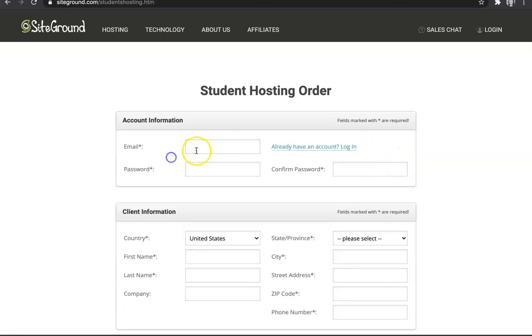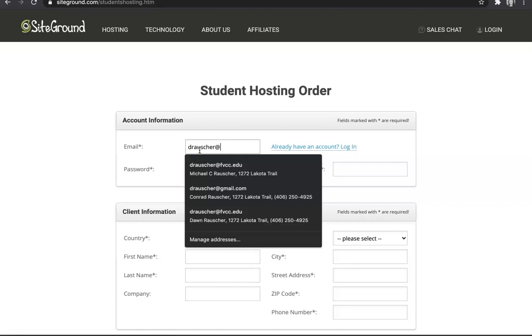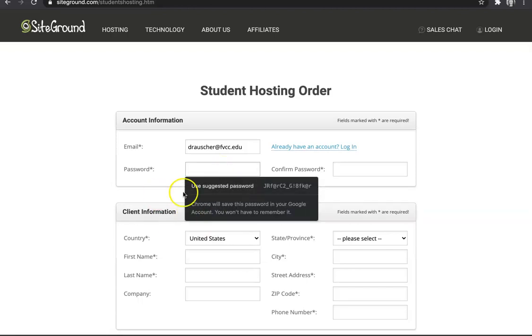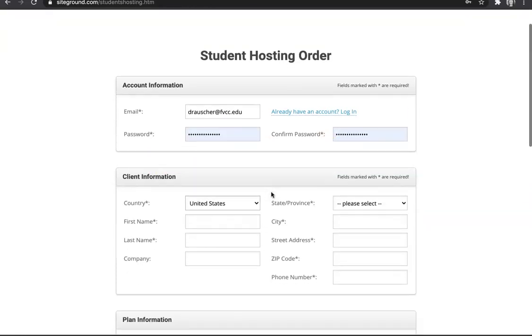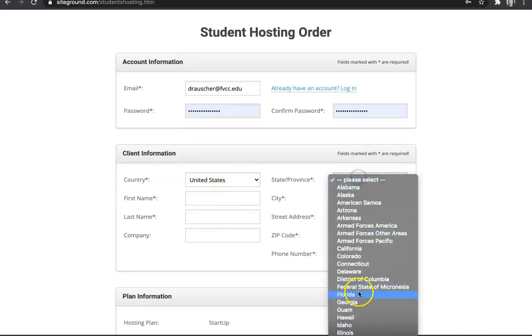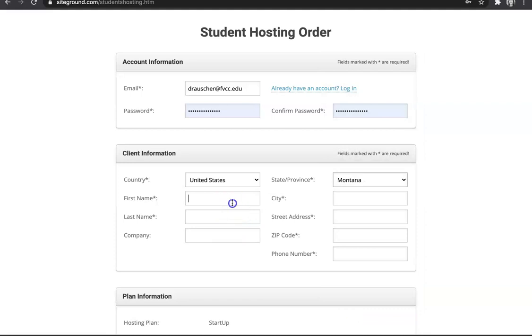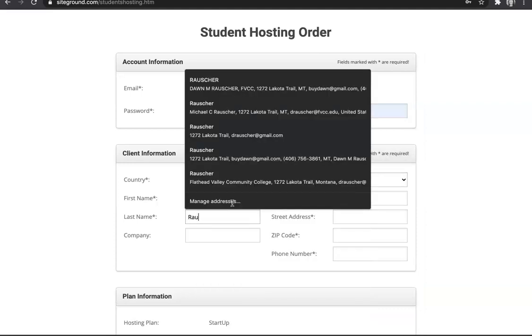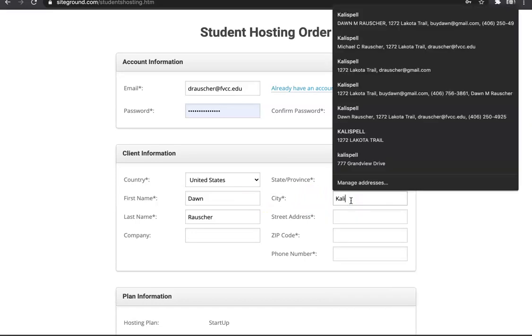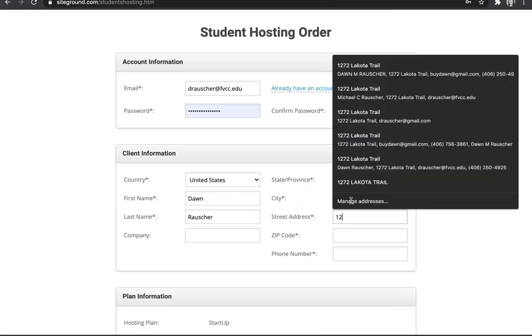You're going to put your email address in here, and you need to make sure that you put your FVCC email address in, because that's how you will qualify for a free account. And you need to put a password in. And then you are going to select United States. You can select Montana. You're going to put in your first name, your last name, your city, street address,